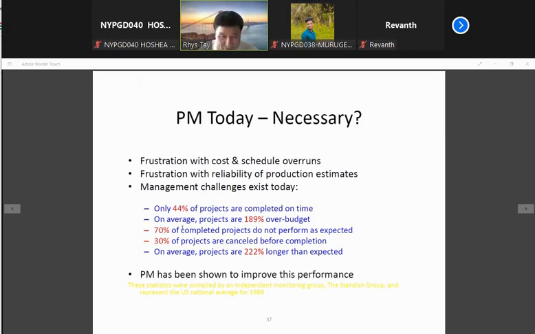On average, projects are 189% over budget. Okay. 70% of completed projects do not perform as expected. 30% of projects are cancelled before completion. So on average, projects are 222% longer than expected. So you can see that doing a project,